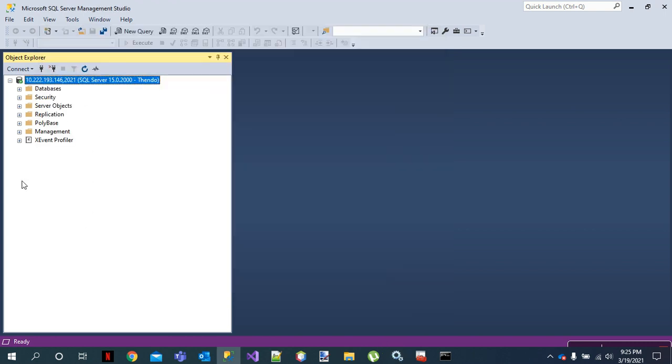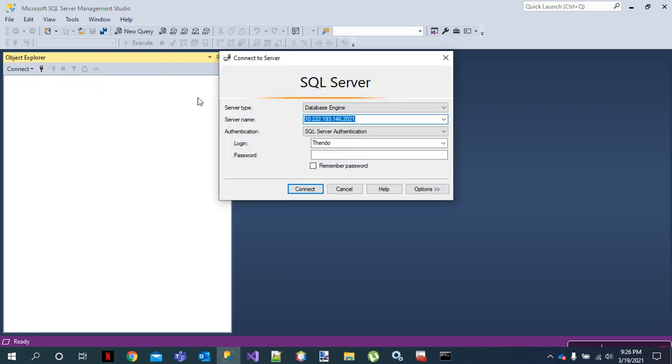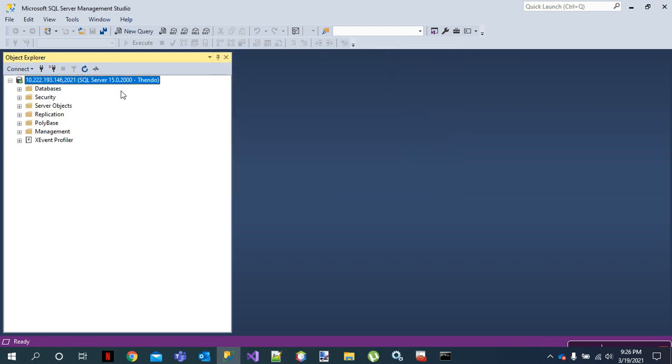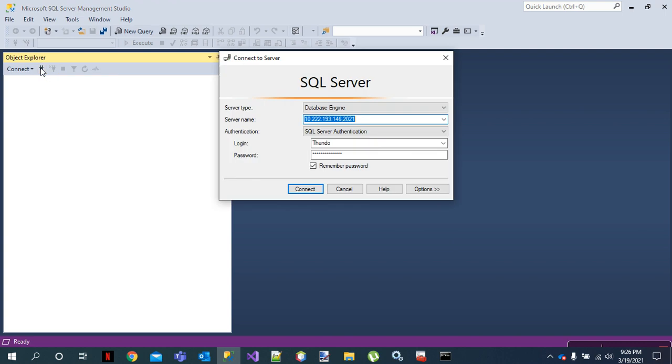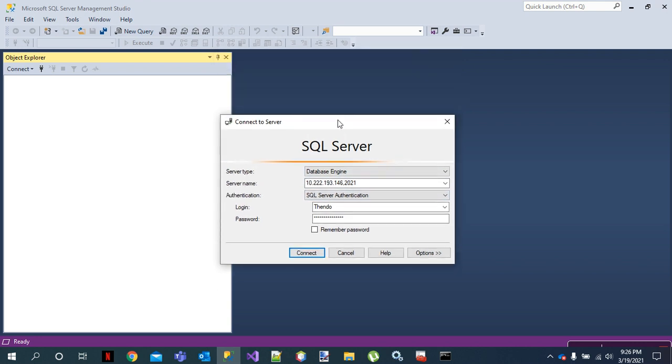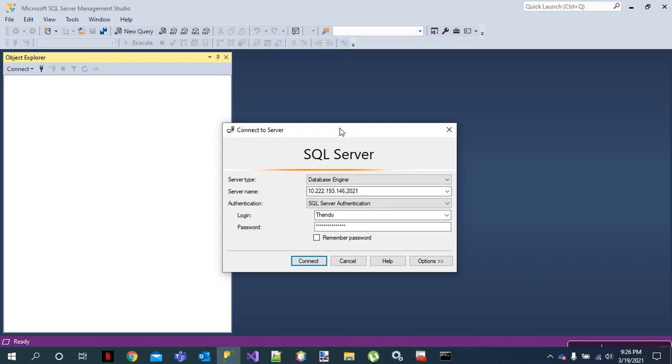So now I've logged in using the IP address, username and password, right? And you will agree with me, this is much safer, because if I log out and pretend to log in again, I will have to provide the password all the time. Let's see what happens if I press remember password. So there we go, disconnect, connect back again, there we go, the remembered password will be there. So it might not be advisable to keep remember password. If this is for commercial use, anyone can have access to your machine if you leave it unattended, and they can damage the business, and it will be under your name.